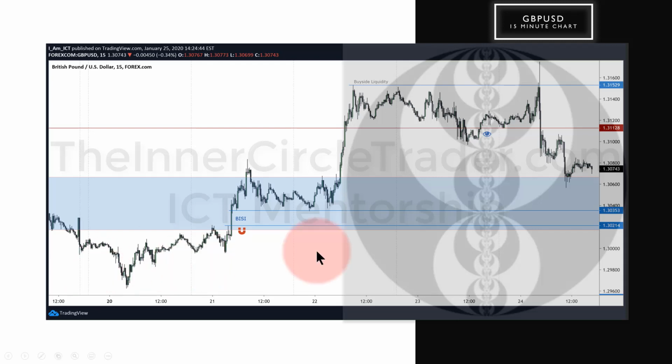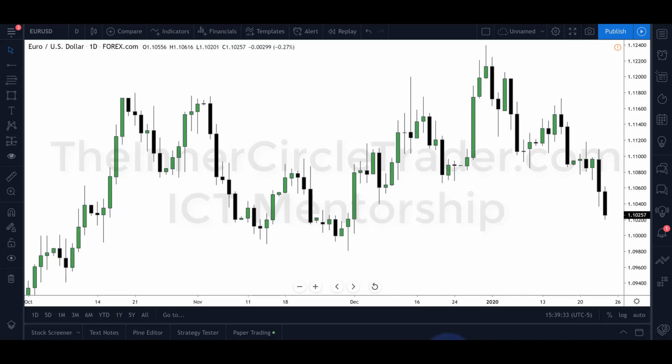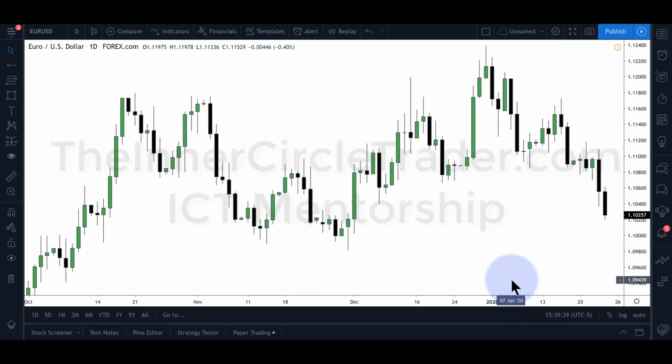All right, so let's go over to TradingView live, and that way I'll give you a lesson on intra-week order flow, and I'll also show you how to put that SMT overlay on. All right, so we're looking at TradingView. This is live. You can see it's basically 3:40 p.m. Saturday, January 25th, 2020.